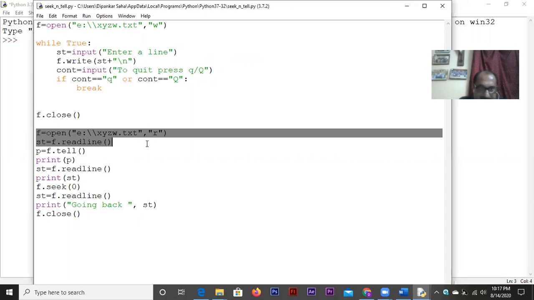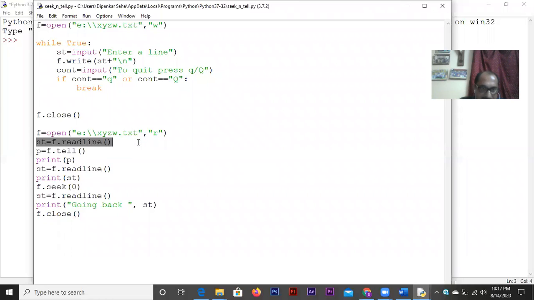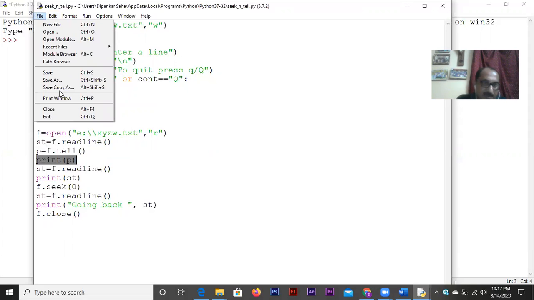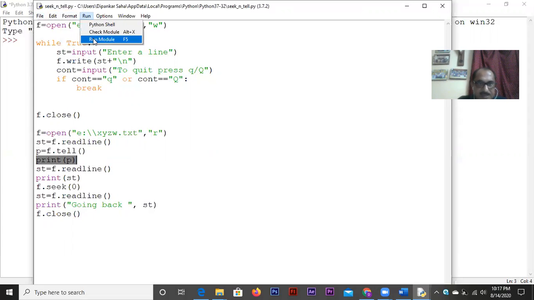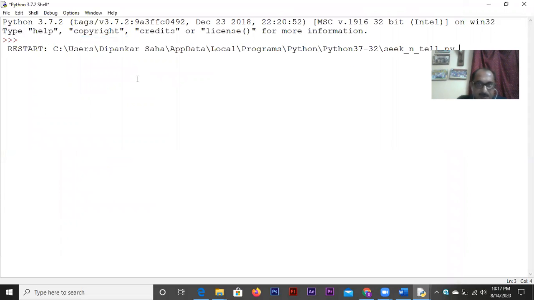Now I'm reading the file. Look at this. I read a line. As I told you, I wrote the file in different lines, so I'll be able to read only the first line, and then we will find the position with f.tell(). Then I printed the value p. Let's run the program, and then I think I will be able to explain better, and I can do some experiments also. If I run the program, look at this carefully: the first line, say I wrote HIRS, and I wanted to continue.